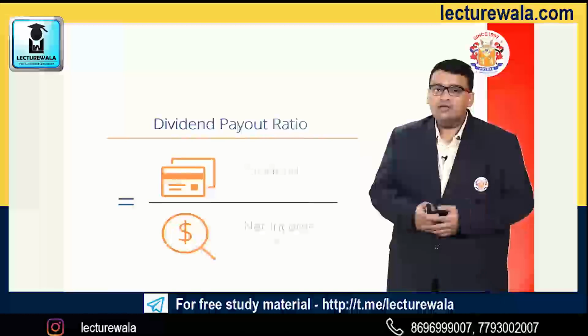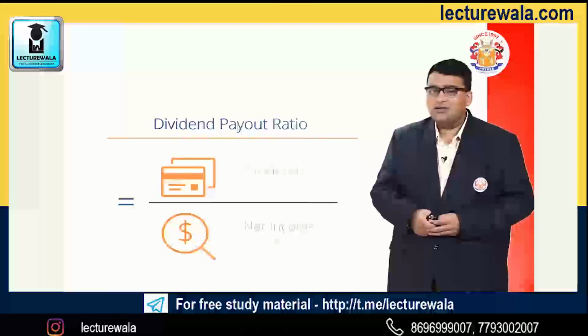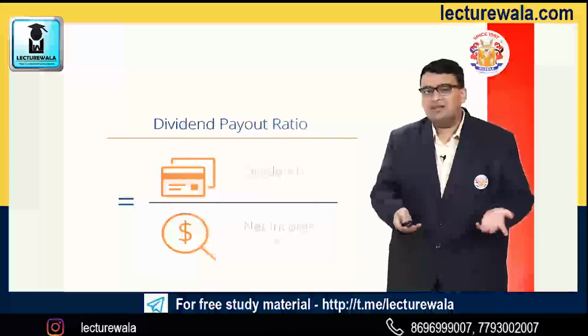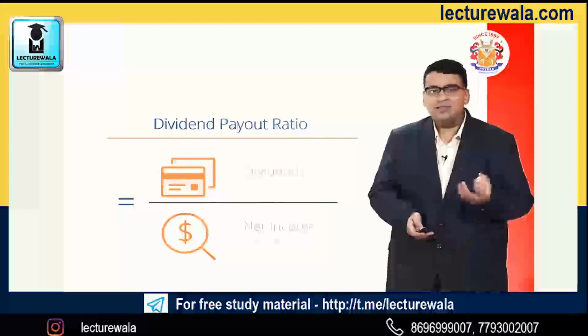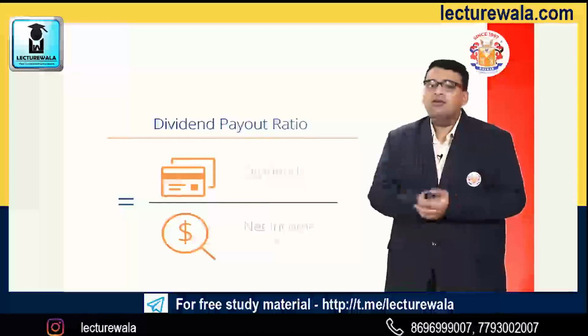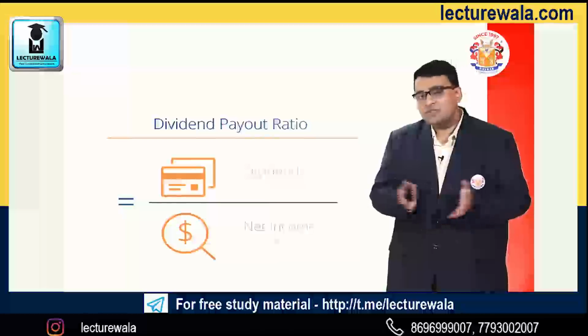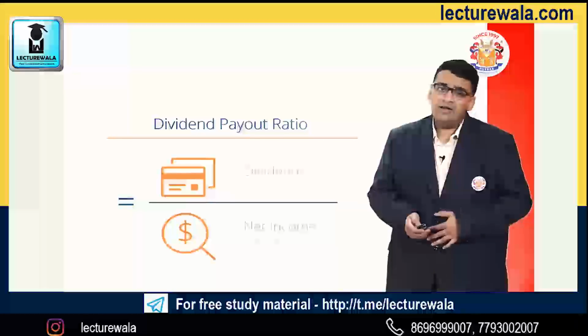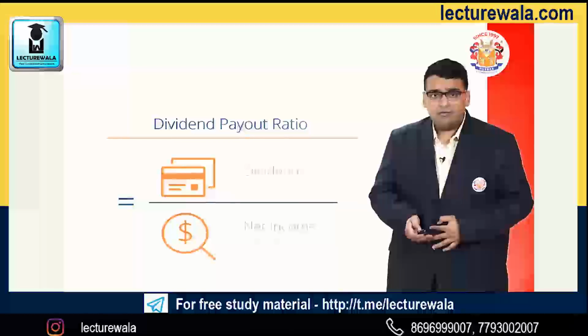Now if we look into another formula, what does the dividend payout ratio want to say? It is equal to dividend divided by net income. That is one of the formulas that we have discussed, but still it is the main formula which is being used in a generalized way. Other formulas are also being used, but this is the formula which is used in a generalized way, and as a result it is depicted separately in the given form.